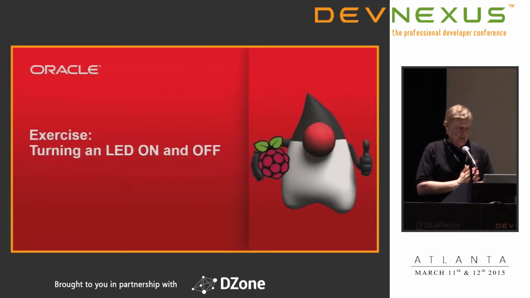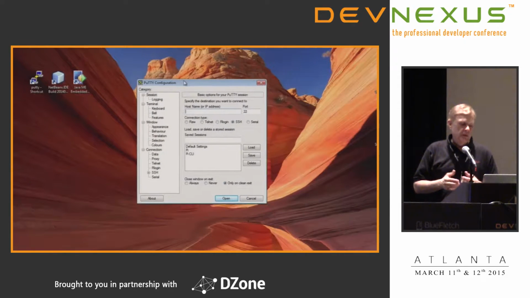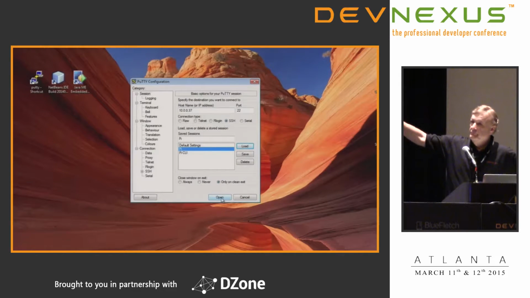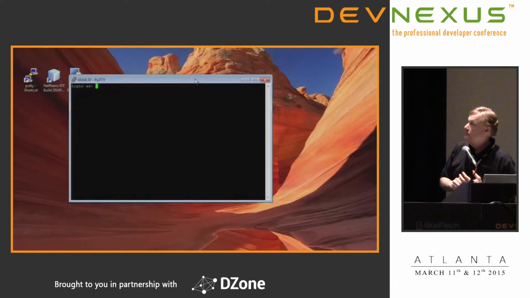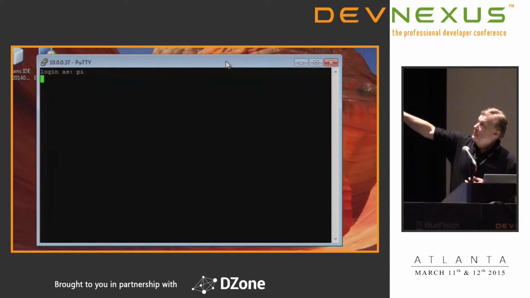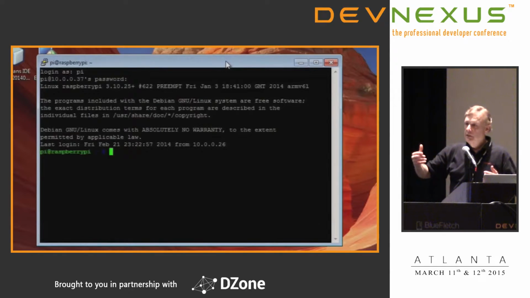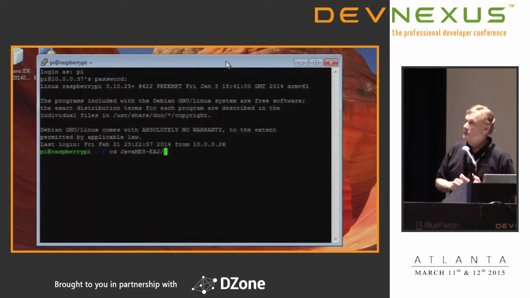I think I have a video here. Now this will give you an idea of the development life cycle. So here what's happening is we're running PuTTY. You could run any TTY kind of software, but we're logging into the Pi. It's a Linux implementation, a Raspbian Pi, or Raspbian Linux. So we're logging into the Pi using PuTTY from the PC,